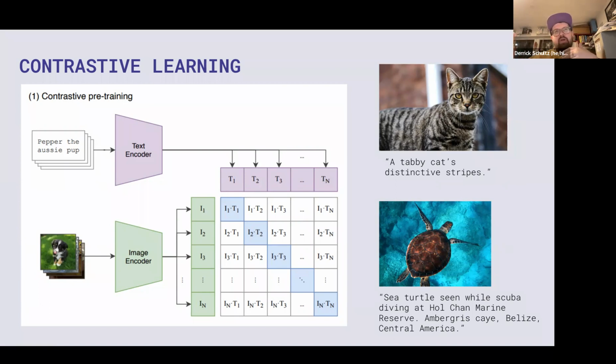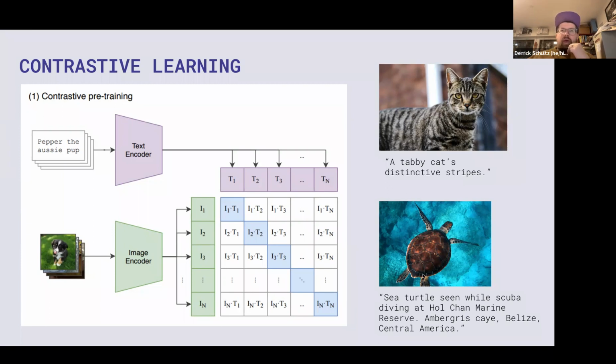And those are going to be placed in an image encoder. Then what the contrastive part tries to do is compare each label to each image and guess how closely they are related to each other. When it starts guessing, because when these things start they're pretty dumb, it's going to almost randomly guess which caption goes to what image. Over time, what ends up happening is the model learns that this caption goes with this image, and this caption